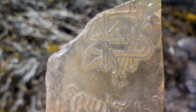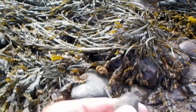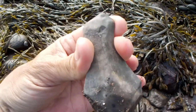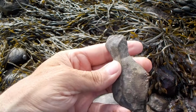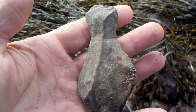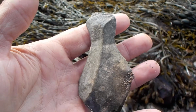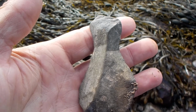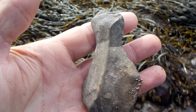Okay, this here will be easy to Google. I can find the origins of this quite readily. But the plummet stone is even more special. Perhaps it was in use when the Neolithic were at Navy Island. It could have been. Or perhaps this was used well before